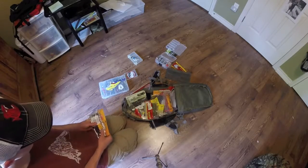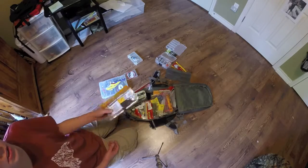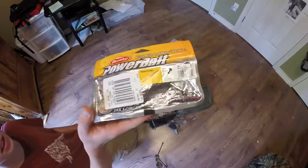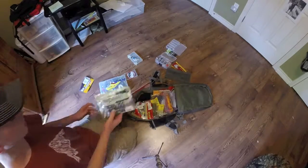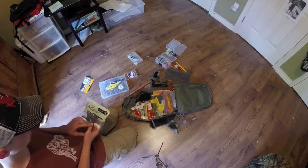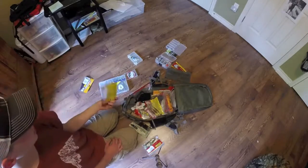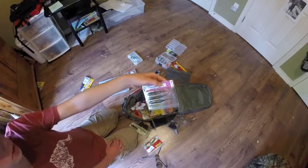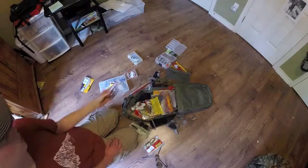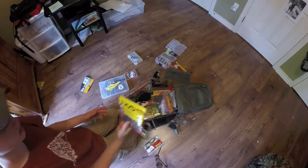I fish a lot of different baits, mostly soft plastics. I love the versatility of soft plastics and the fact that they just catch so many fish. So I'll show you all my baits. I've got a shaky snake, some Biospawn bow crawls, red bug, some Zoom brush hogs, an empty thing of striped kings, some shimmer shads by Ketchco, some KVD Perfect Plastics, Dream Shot,